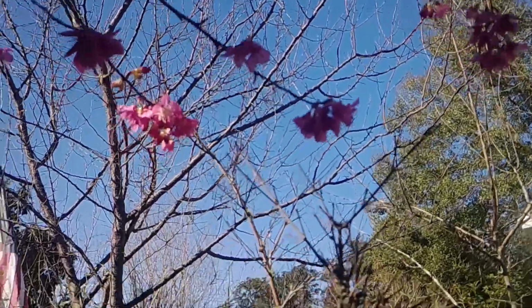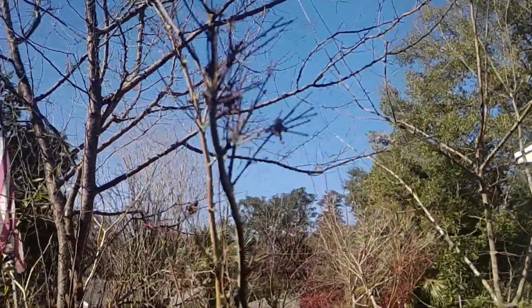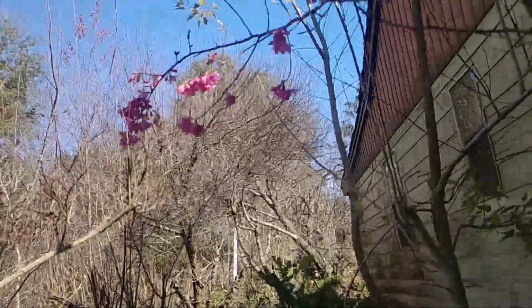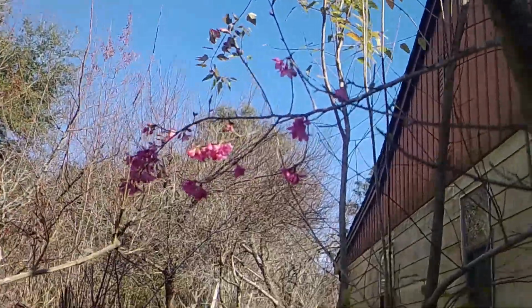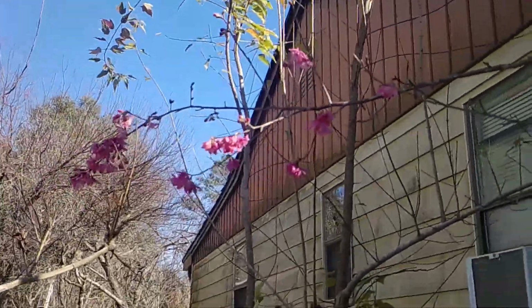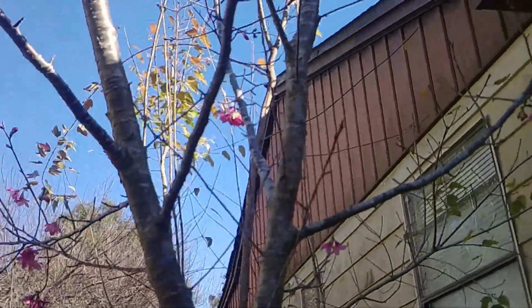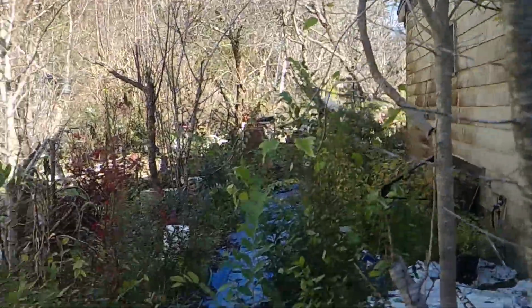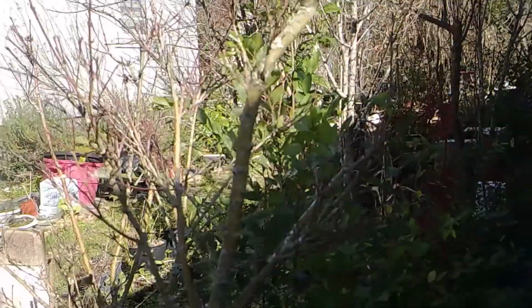Yep, that's just an ornamental cherry. It has little droops on it. They don't amount to beans. I guess they wouldn't if it's a cherry tree. So anyway,